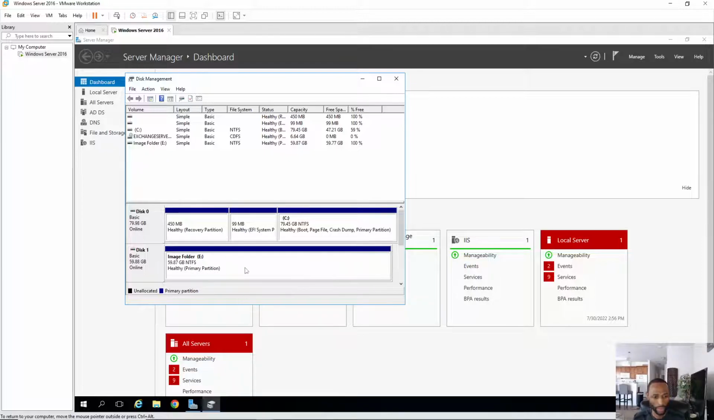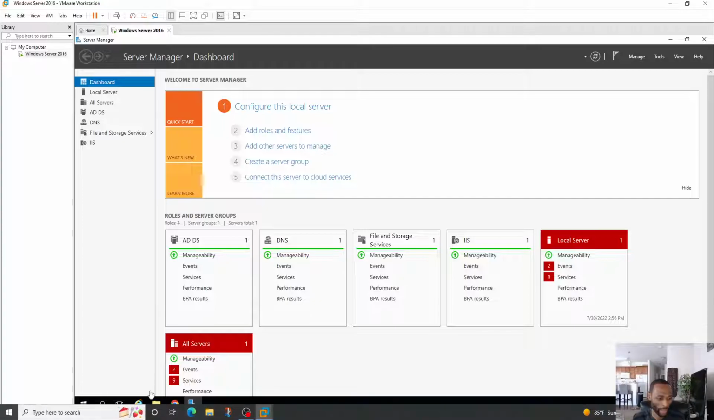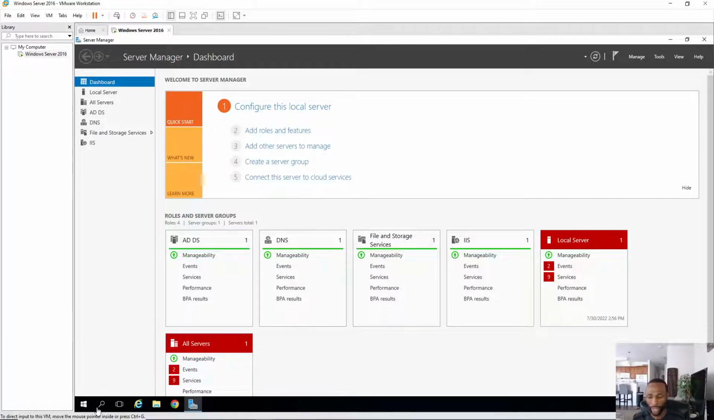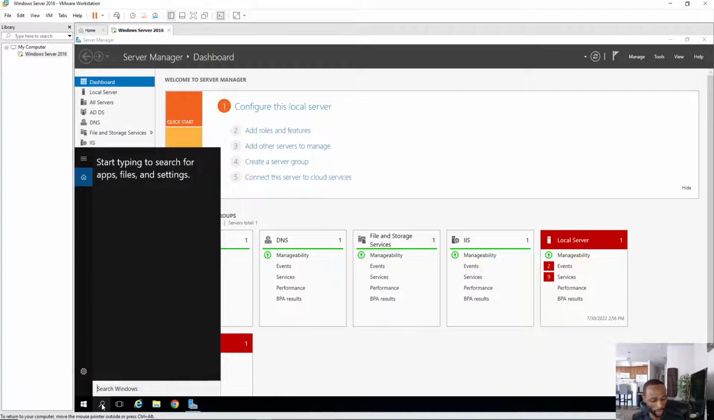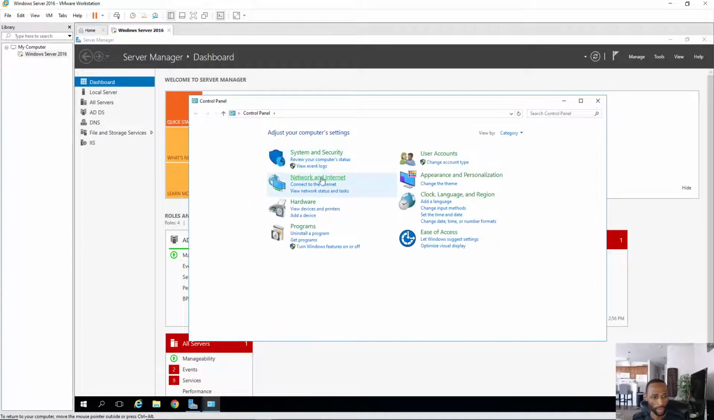So we will leave it this way. We are done with this. We need to configure our network and we need to get a static IP address. So we will go into control panel. So we click the search bar, control panel, and then